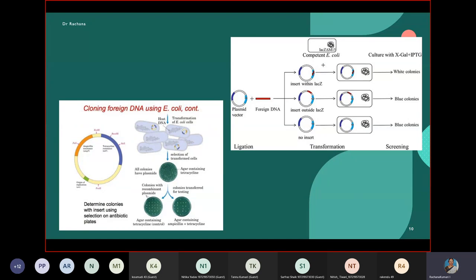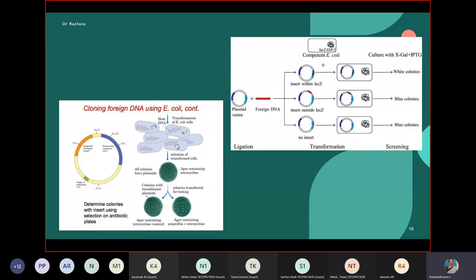The reason is very simple. The functional antibiotic resistance gene is disrupted, is inactivated, and that's the reason why the host cells which were earlier,